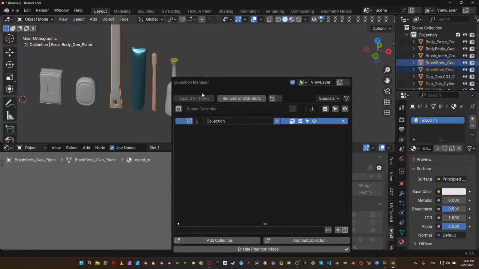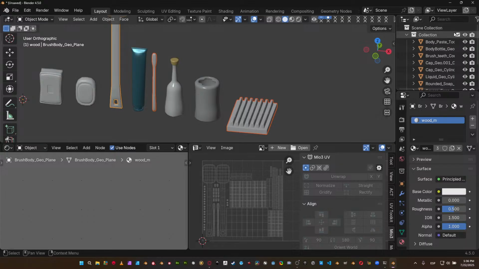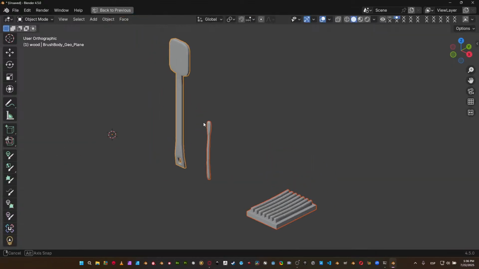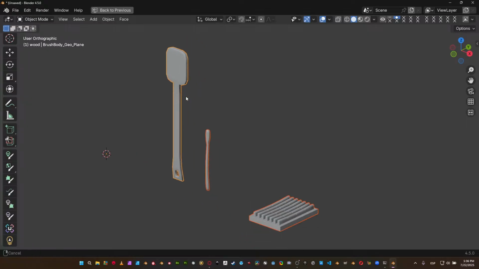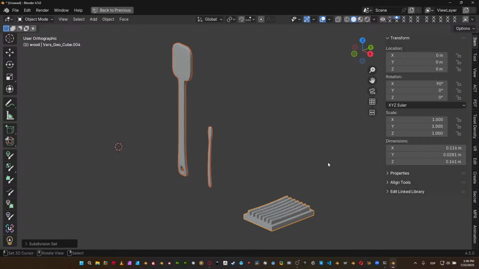Let's just put these guys in another collection. Let's just put wood, and we're gonna hide the other guys in here. So first of all, as you can see here, we don't have any hair system or fur system in here to project all the hairs for the brush teeth or the brush top. But the first step is Control 2, because we're gonna apply 2 levels of